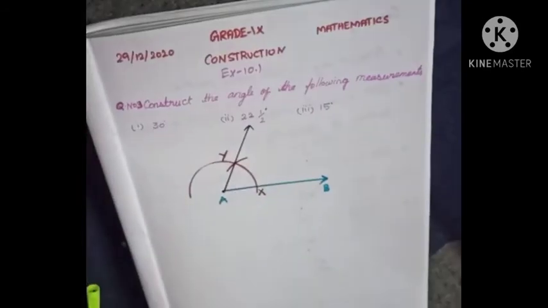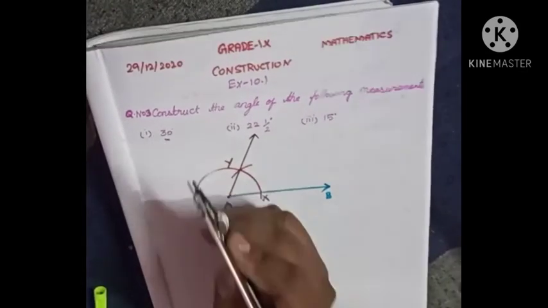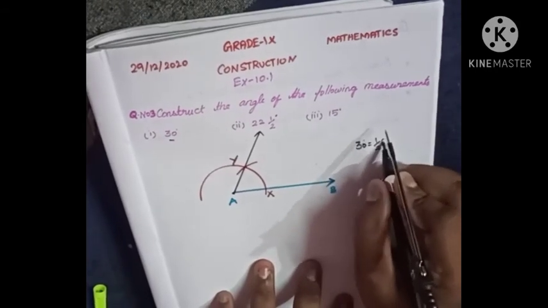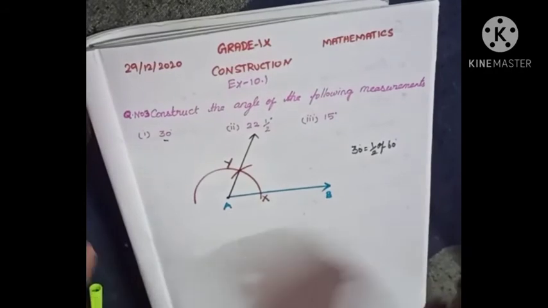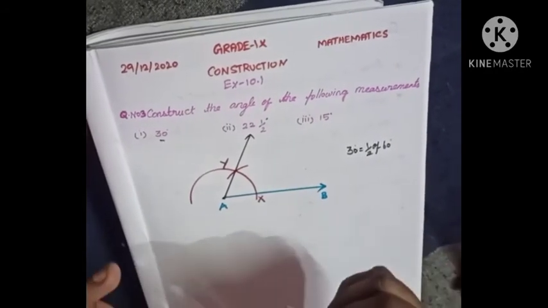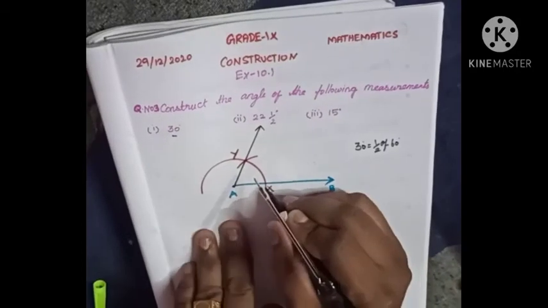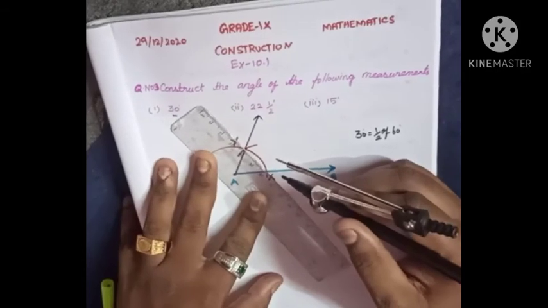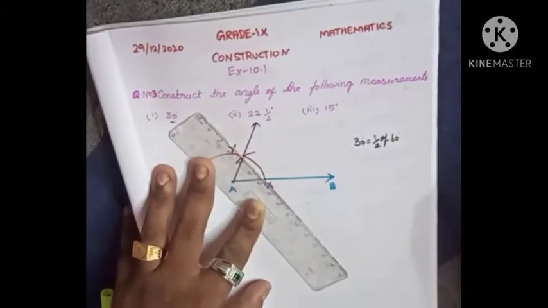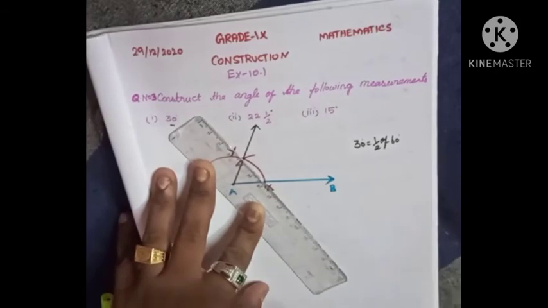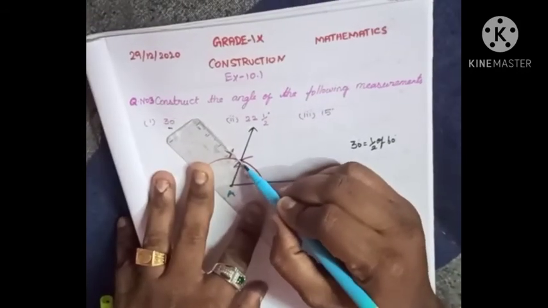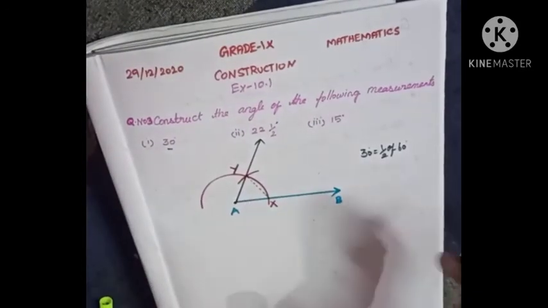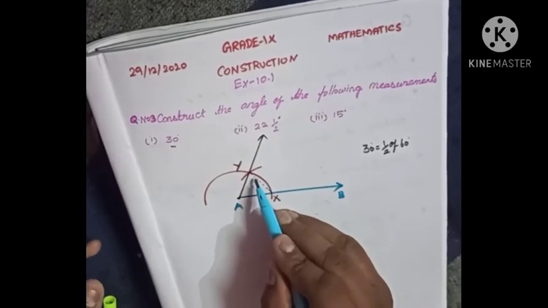So this angle shows 60 degree, but we need 30 degree. So you know that 30 degree is nothing but half of 60 degree. So what we need to do is take the angle bisector. We need to draw the angle bisector. Okay, so I just draw an imaginary line here. That imaginary line is not mandatory. I want to show you it's an equilateral triangle. So now you can see all three sides are equal. This angle is 60 degree, this one is 60 degree, and this one is 60 degree.